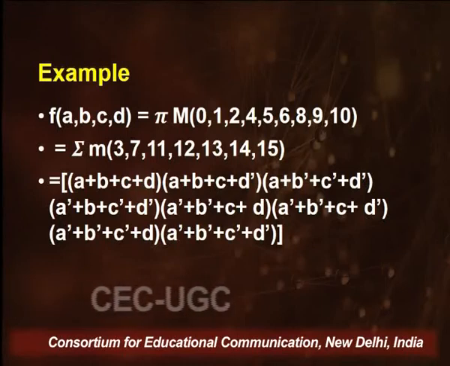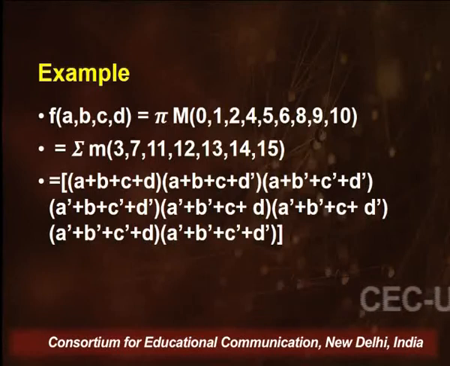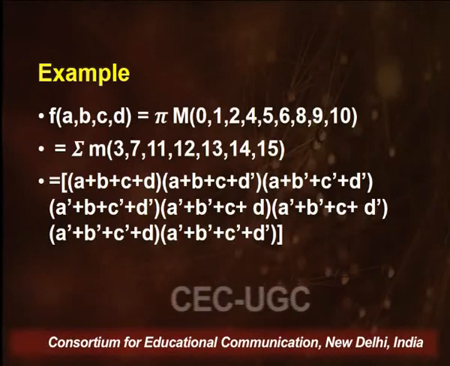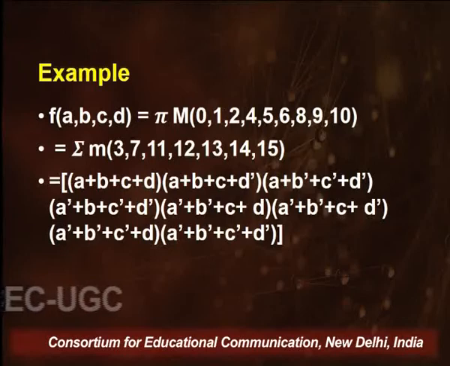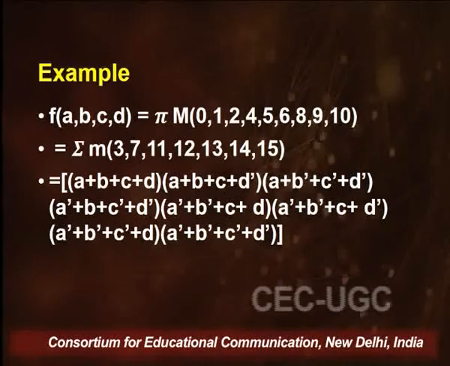So, if you look at 0, it will be 0, 0, 0, 0, which makes it A, B, C and D, and we are writing it as A plus B plus C plus D. The next term is in the multiplication form because we are talking of product of sum. So, we have sums within smaller brackets and they have all been logically multiplied. Why did I introduce this concept of sum of product and product of sum to you?